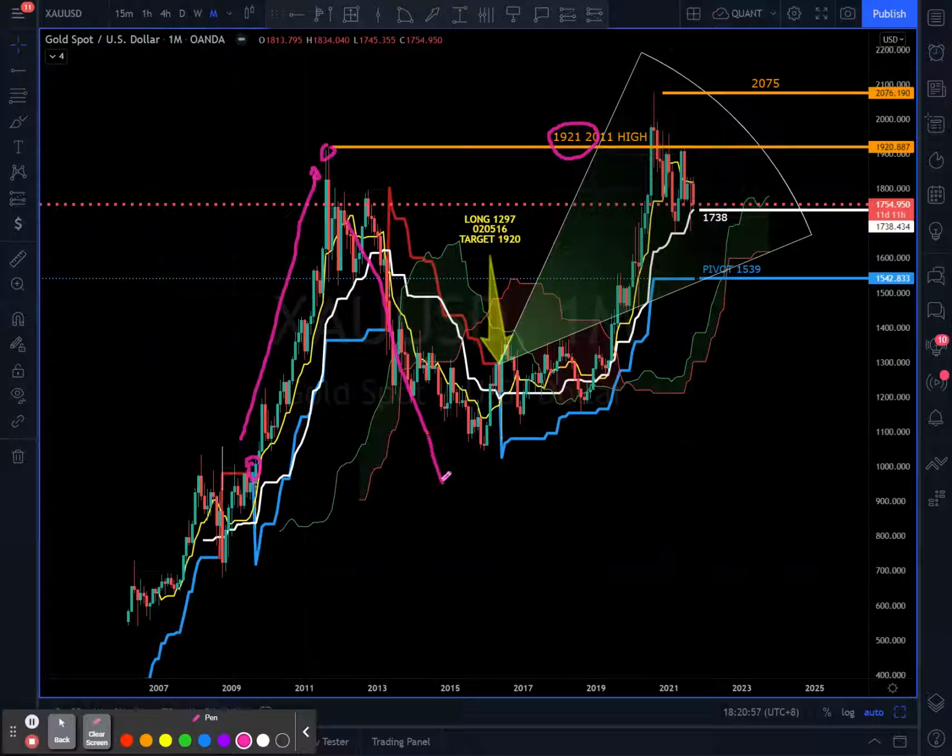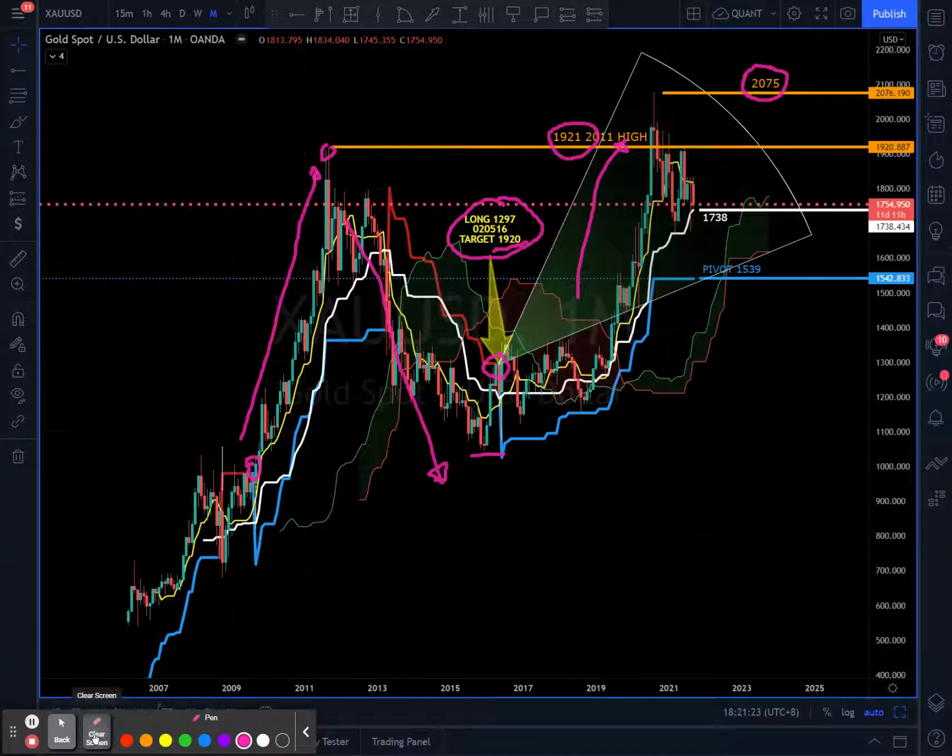Thereafter, it actually retraced back 50%, hit a level of 1100, and thereafter we had a long signal right here at 1297 on the 2nd of May 2016, targeting, of course, that 1920 level, which we hit and exceeded in 2020 last year and hit a high of